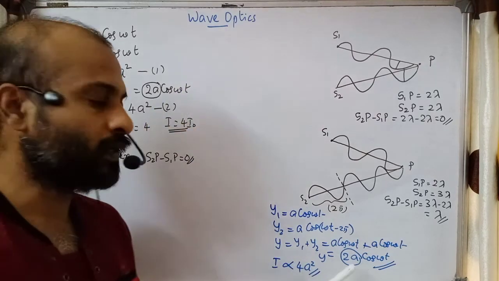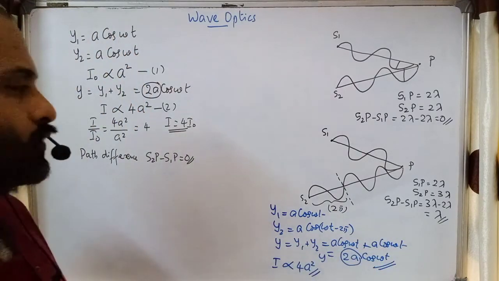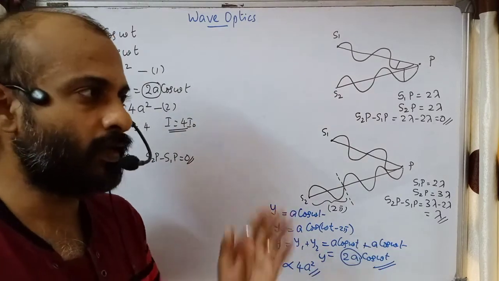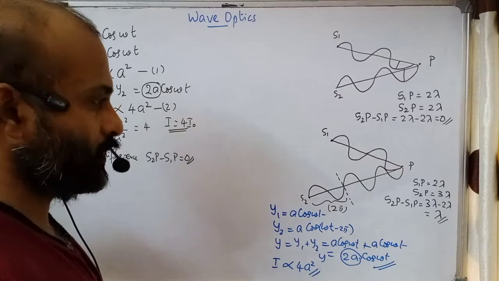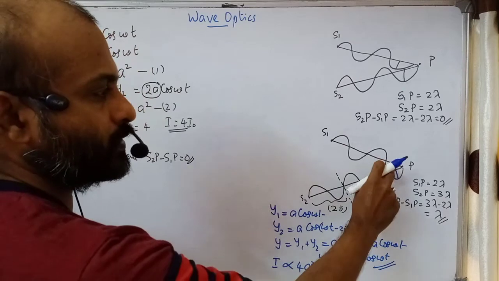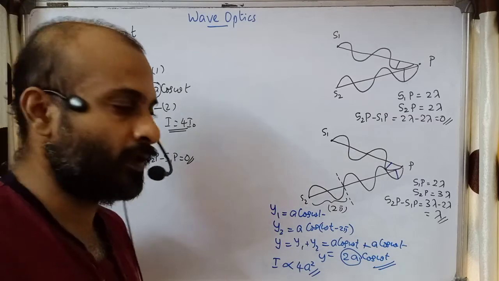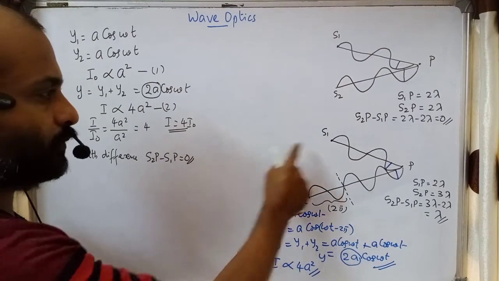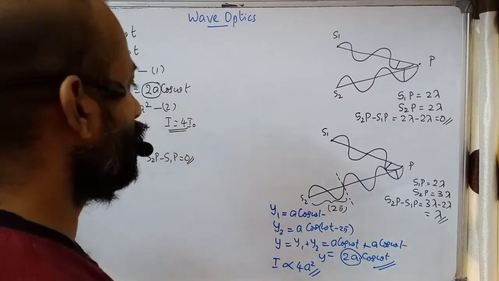So this also is an example of constructive interference when path difference is lambda. Here path difference is 0. So when path difference is 0 or lambda, we have got which type of interference? Constructive interference. Or generally we can say path difference is 0, lambda, 2 lambda, 3 lambda. In such a case the trough of the wave meets the trough of the other wave, so displacement will be maximum, minus 2a. Or we can say the crest of the wave meets the crest of the other wave. We have constructive interference, provided the path difference between the waves from the sources is 0, lambda, 2 lambda, like that. Okay. Now we will see another situation.